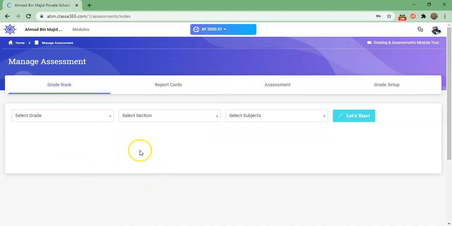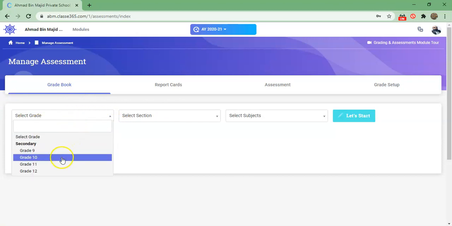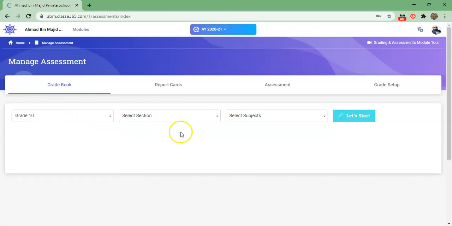For each subject, the gradebook is already encoded by the MIS department, so you don't need to encode or change anything, because with the consent of all the departments, the management system MIS has already encoded it. Just for an example, over here I have grade 10, section B, and my subject is business studies. Let's start.